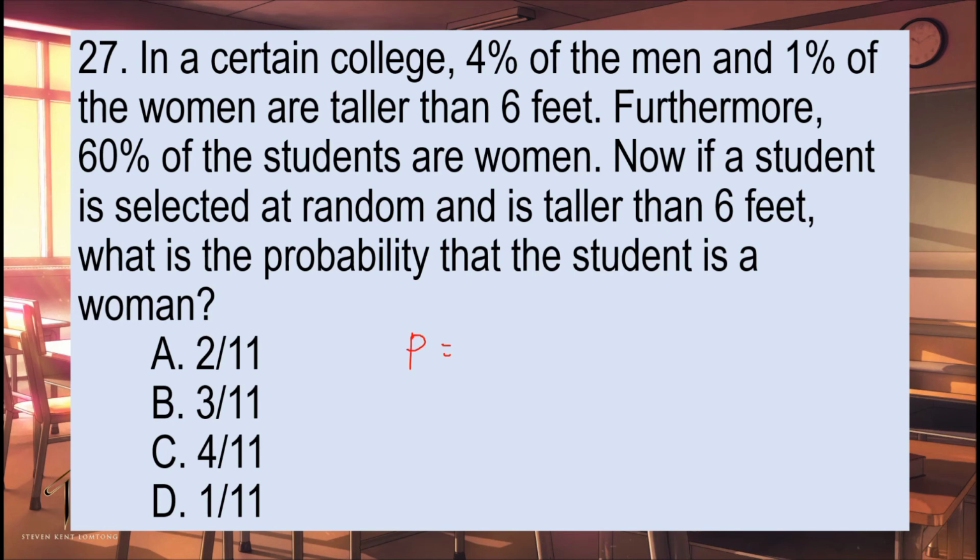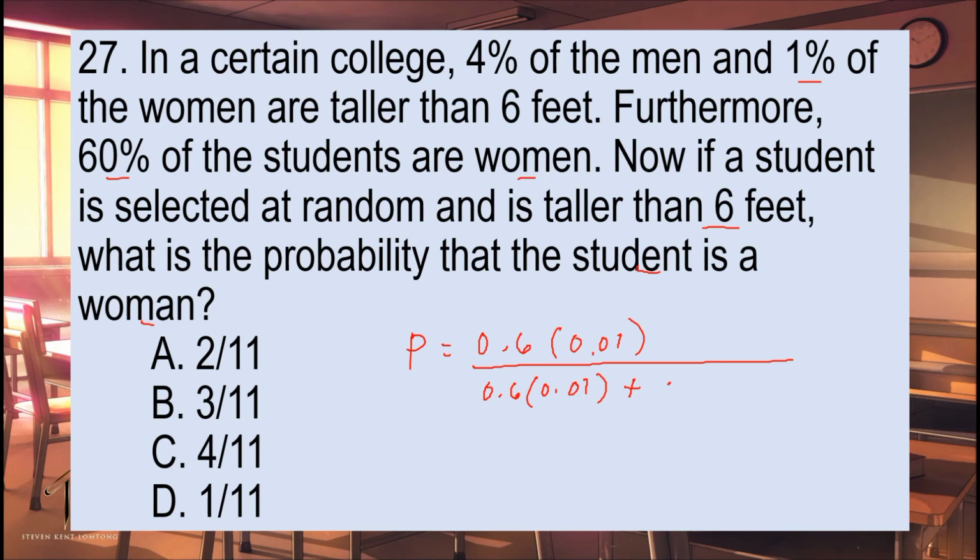The probability that the student is a woman, given that she is taller than 6 feet. So, tingnan natin, yung population ng students is 60% is women. So, that is 0.6. And yung percentage na ang women are taller than 6 feet is 1%. So, 0.6 times 0.01 over yung both na probability ng men and women. So, that's 0.6 times 0.01 plus, so yung men natin, of course, if 60% of the students are women, of